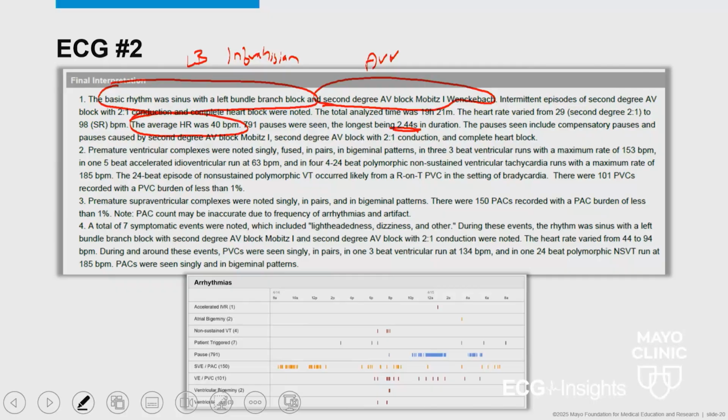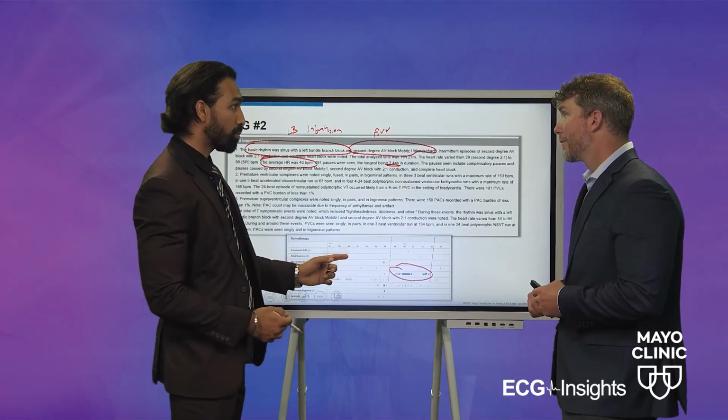And so what's nice, going off of that point, is when you look at the overall time frame of when these pauses happened, here in blue, they're all in the middle of the night. All in the middle of the night. So if we just saw this without the left bundle branch block, without some of the other signs telling us they could have infranodal conduction disease, I wouldn't be very concerned about this. But now, knowing that they have left bundle branch block, I want to see what that pause looked like.